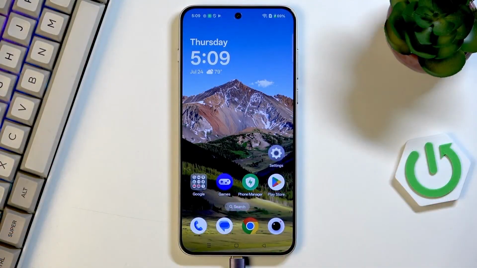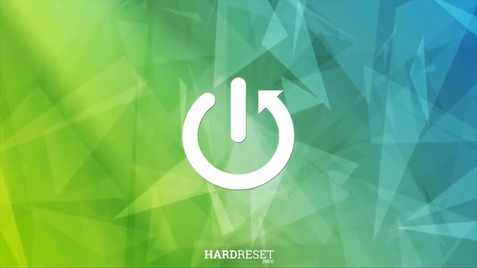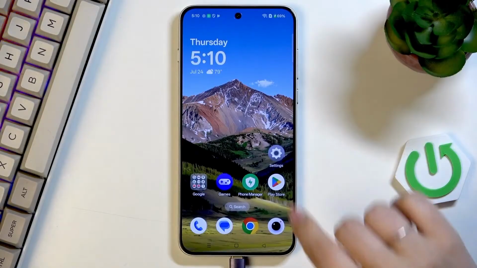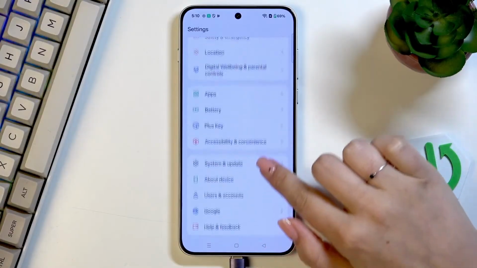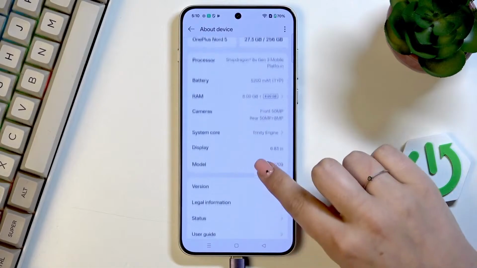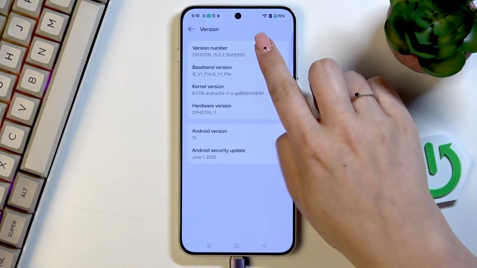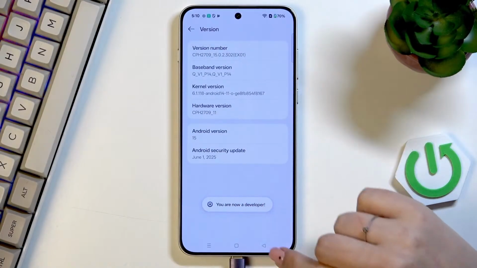Hi everyone, in front of me I've got OnePlus Nord 5, and let me share with you how to activate the developer options on this device. So let's start with opening the settings, and here we have to scroll down to the very bottom to find About Device. Then let's scroll down and look for the version and find version number. Now let's keep tapping on it until you'll see that you're in the developer mode,